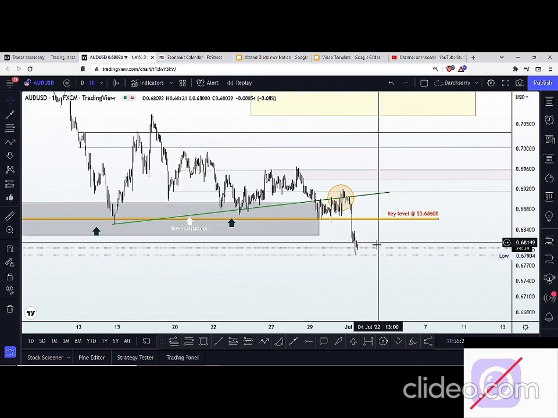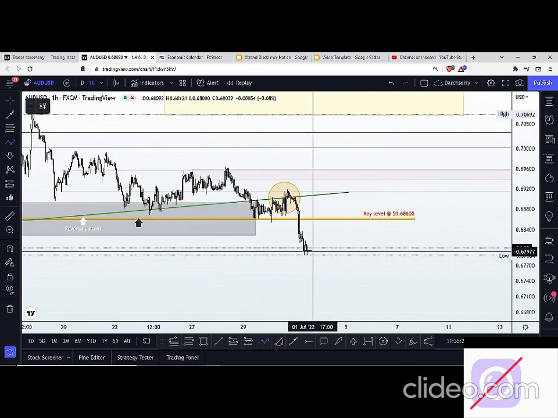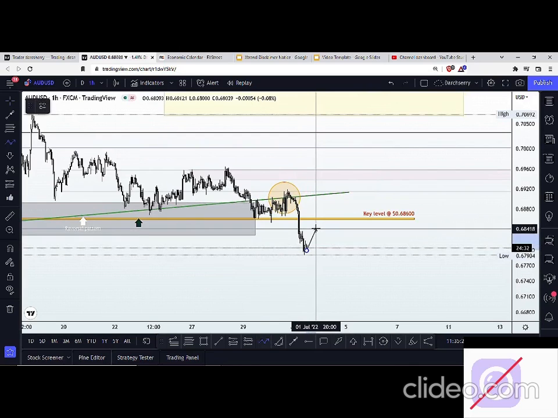So what will our take profit target be once this happens? Well, if the reversal pattern starts from this area, then one thing we want to be looking out for